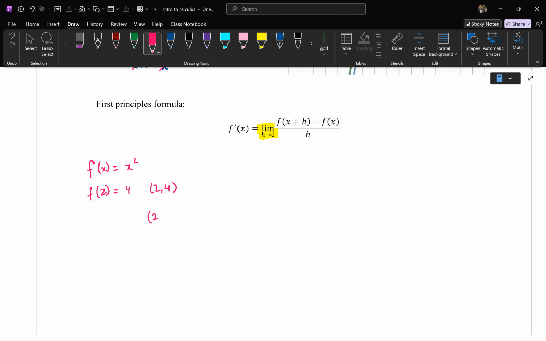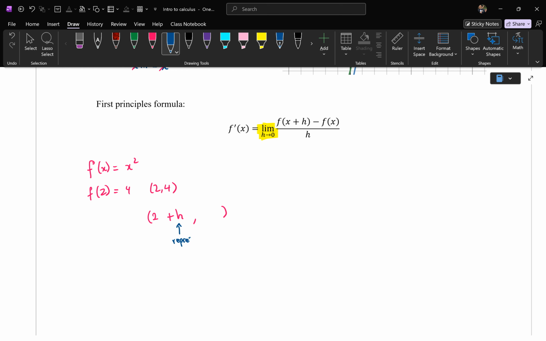But the second point, I said it could have been 2.5, could have been 2.1, and then Olivia said maybe 2.00001, right? But regardless, I need a second point. You only got 1 point. So to get this one, you can keep changing that number. We don't know what h is. So what we do instead is we do this. We say, well, since the number can get infinitely small, why don't I just say 2 plus a very small number? So h